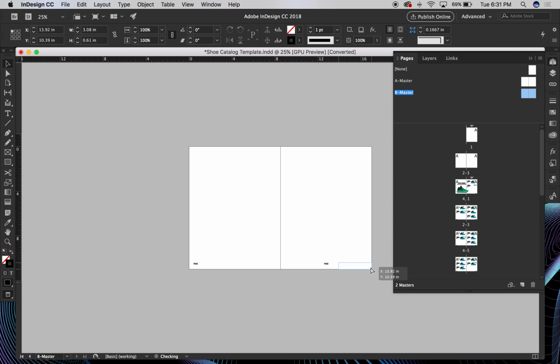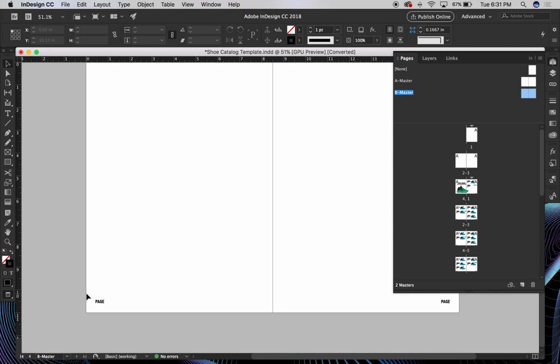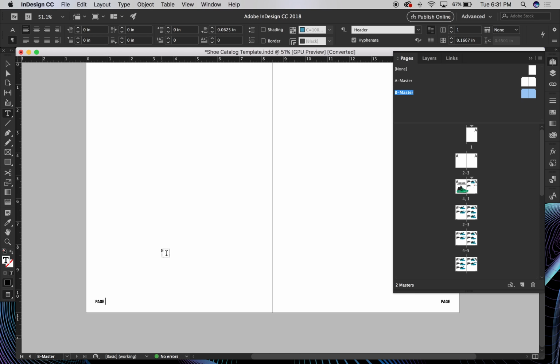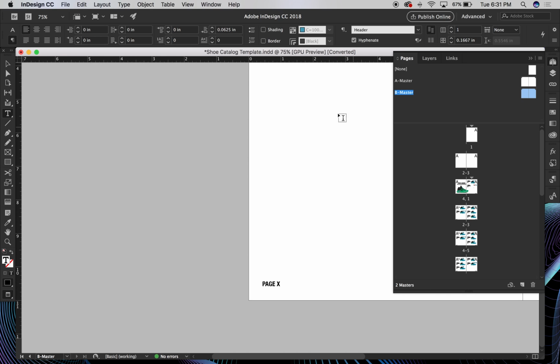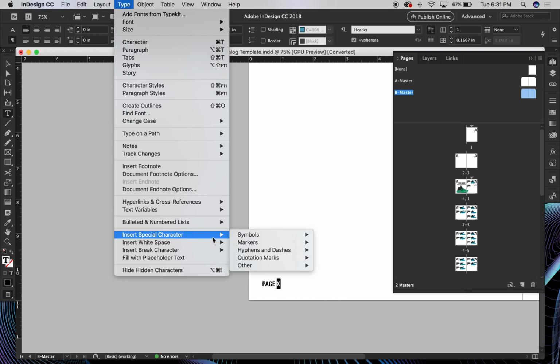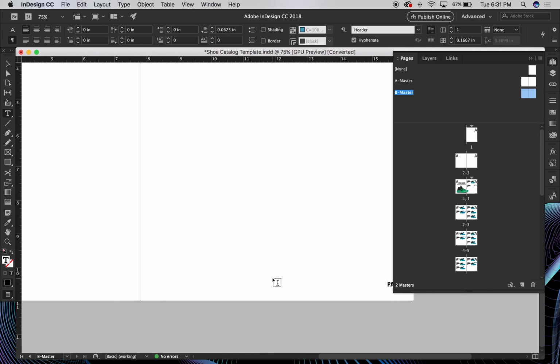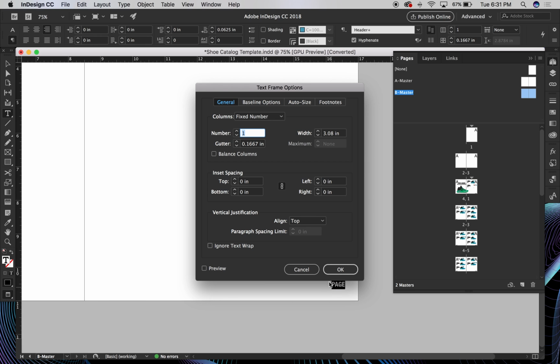So we'll make it left reading and right reading here. One of the things you can do is just add a special symbol here. For the current page number, if I go up to Type, Insert Special Character, and then under Markers, you'll see this current page number option. There's a bunch of other things too which are going to be useful to you in the future. But current page number is going to add this little letter B to it. Might be a little confusing, but what I can do is copy and paste this over to the other side, have the same properties,